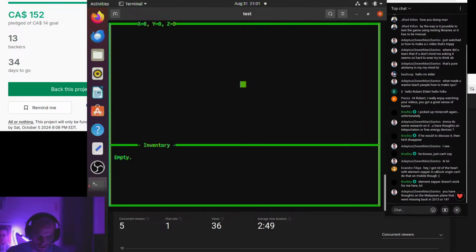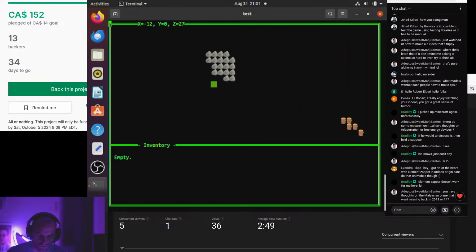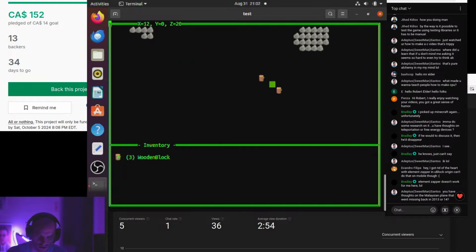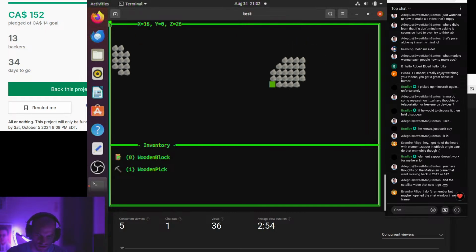So I formalized, recently I made some changes to make it so when you press M, it mines a larger radius, but I've made that into a more interesting game mechanic. So now you actually have a bit of a progression. You start off, you only mine one at a time, and you can mine some wooden blocks, and you can press C to craft, and now you get one wooden pick, and the one wooden pick you can mine some rocks,